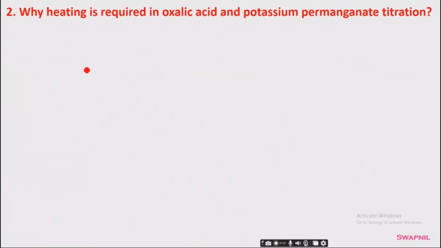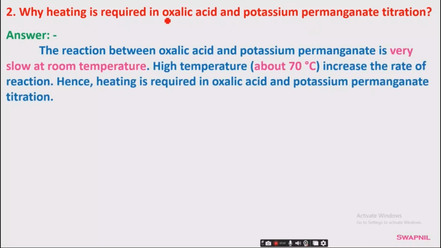So next, why heating is required in oxalic acid and potassium permanganate titration, and here is the answer. The reaction between oxalic acid and potassium permanganate is very slow at room temperature. So high temperature, that is about 70 degrees Celsius, increases the rate of reaction. Hence heating is required in oxalic acid and potassium permanganate solution titration. So next,